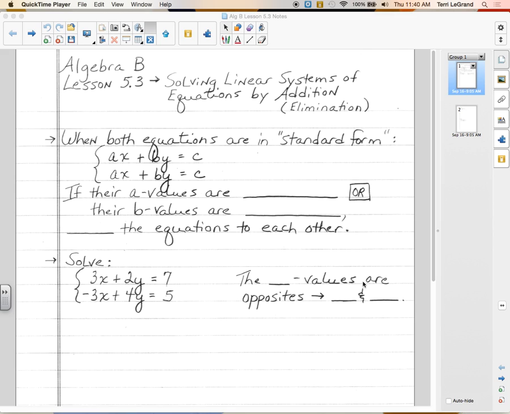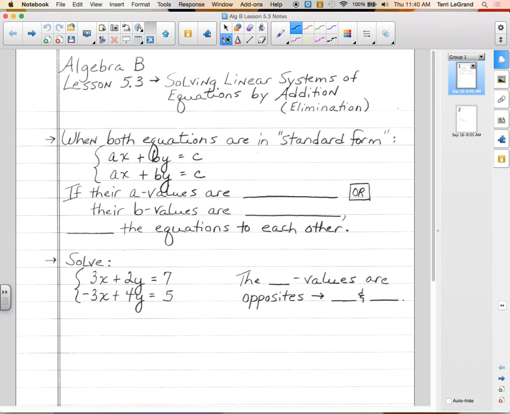standard form, ax plus by equals c. Remember that from last year? Ax plus by equals c. So when it's in standard form, the x's and y's are on the same side and the constant is over on the right by itself. Notice both of them are in that form, ax plus by equals c. If their a values are opposites,